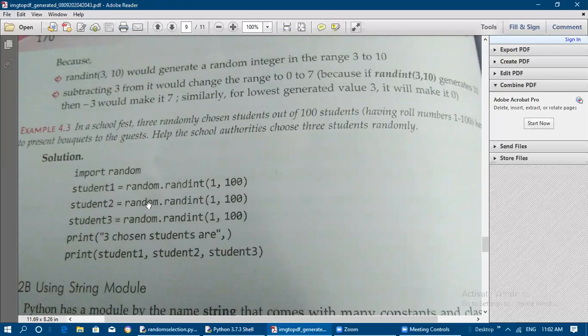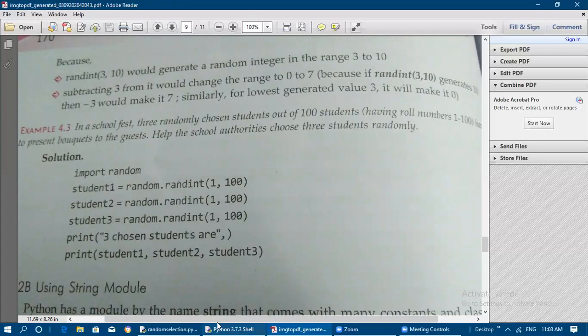And for student 1, student 2, the same function we are repeating, and student 3 also the same function. So print, the 3 chosen students are, okay, student 1, that roll number which is randomly generated for student 1 will be displayed here, and for student 2 the second randomly generated number will be displayed, and for student 3 the third number will be displayed.